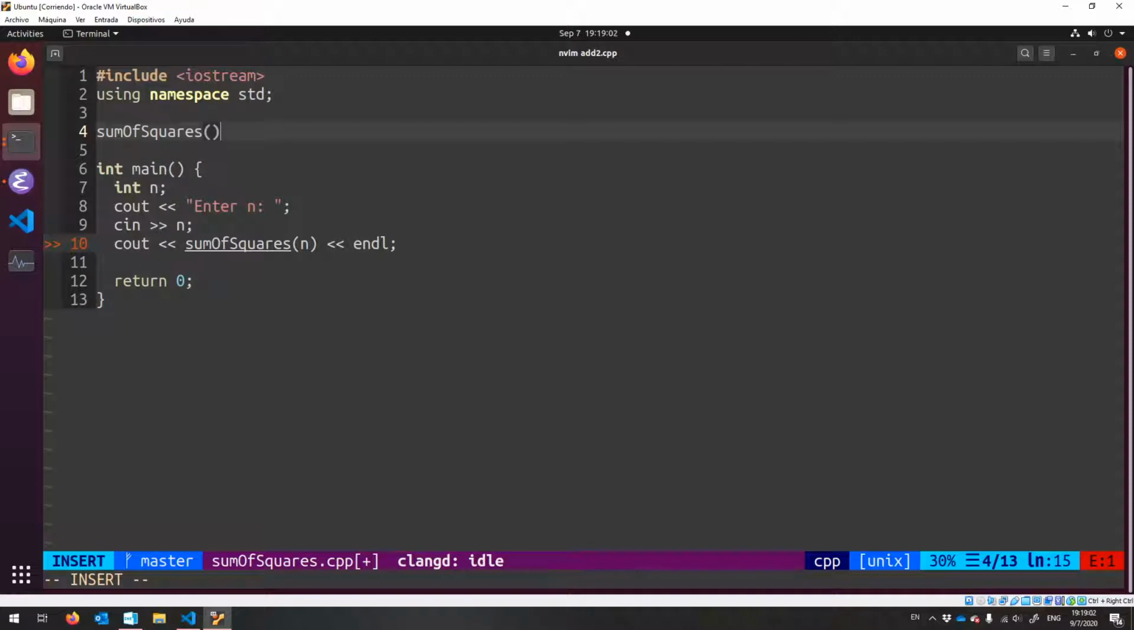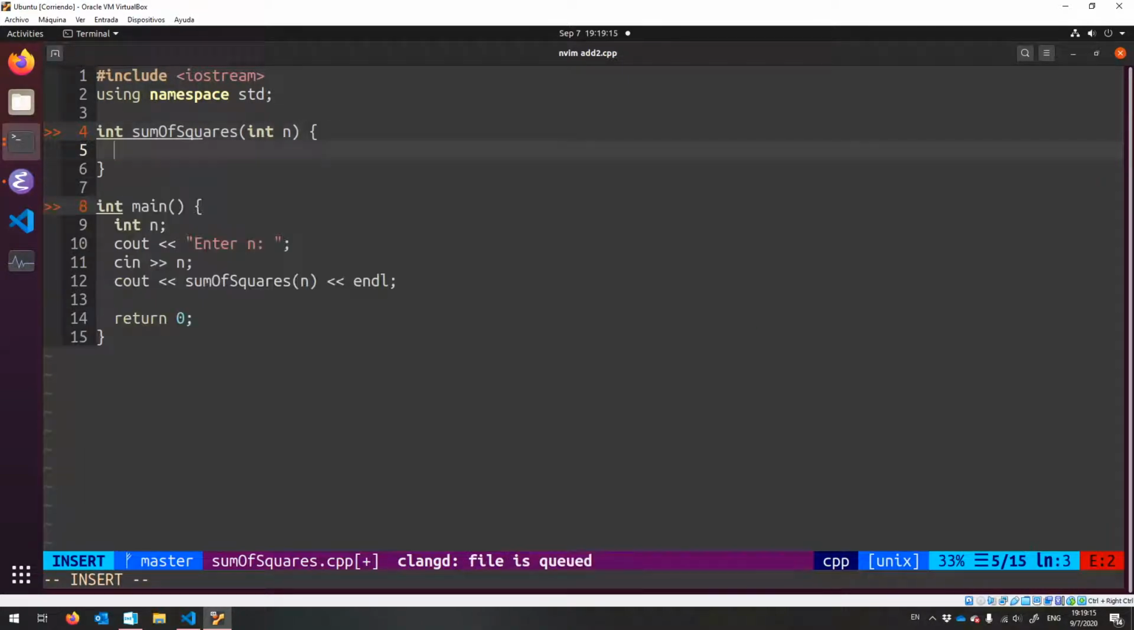What does it take? What does it return? So it's going to take an integer n, and it's going to add integers together after squaring them. It'll still return an int. And then the body will be up to us. We're going to figure that out in a second. But as a stub,